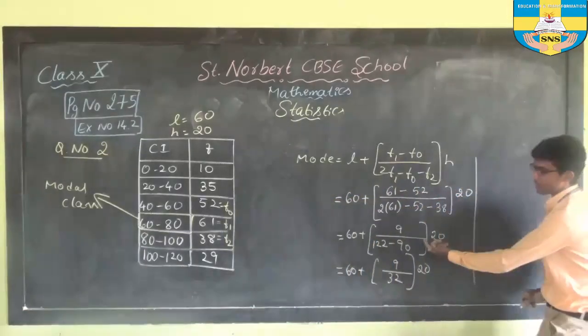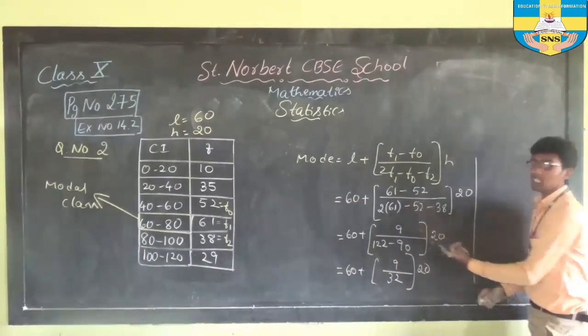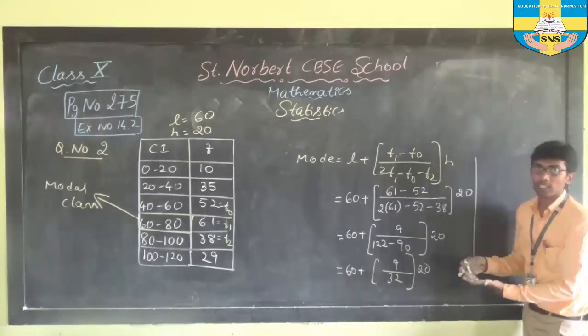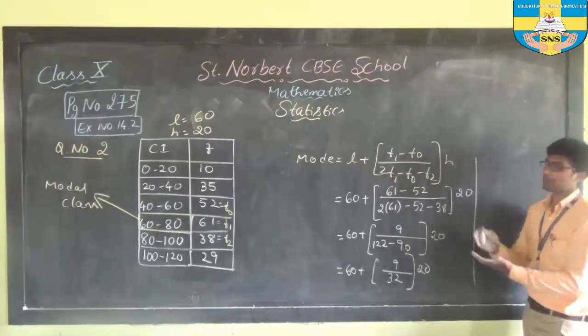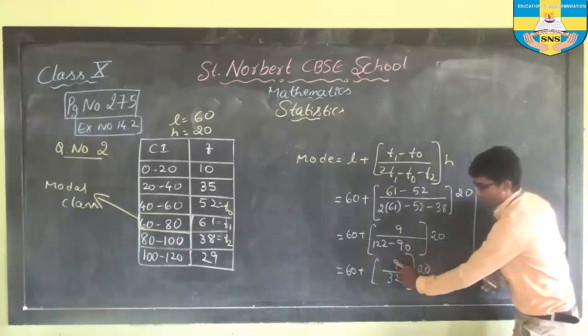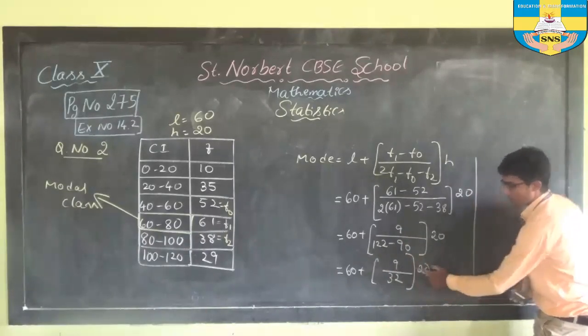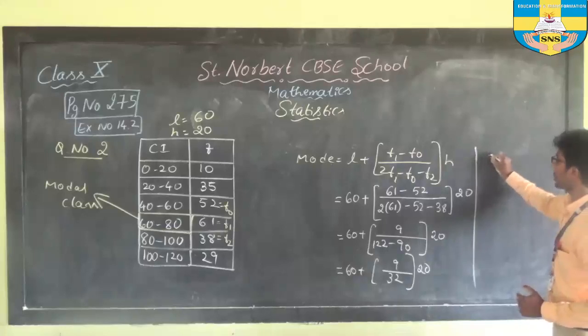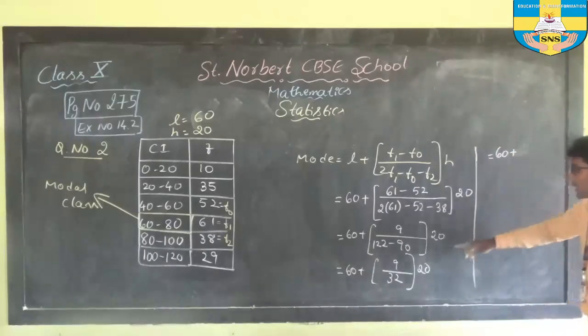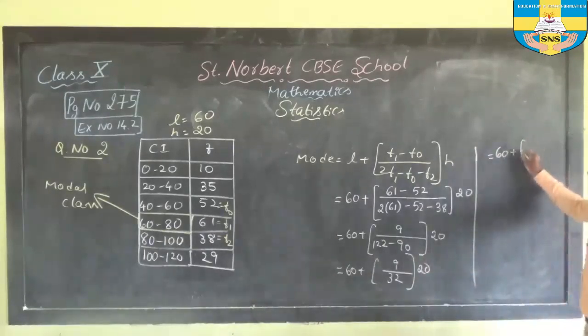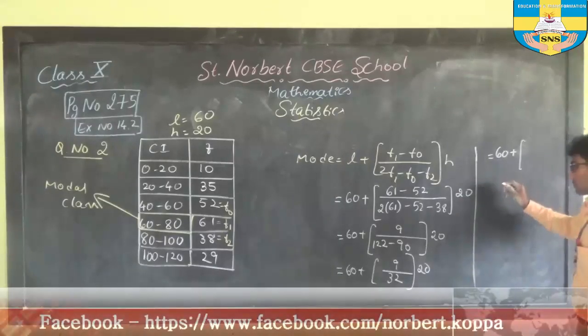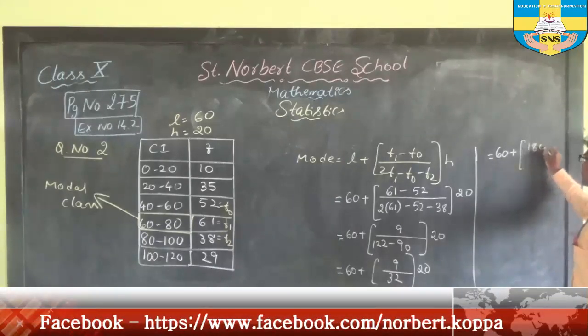Okay. So try to look at the calculation. It's better if you do this calculation on your own, then compare with the video. This is 9, and 120 minus 90 is 32. Then try to continue the process. 60 plus, if you multiply these two, 9 180 by 32. Let me write the final answer.